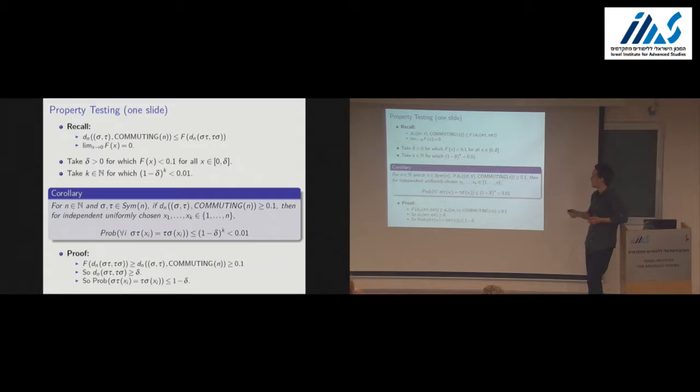Let's do this. So take some delta for which this function f is smaller than 0.1 in this interval 0 to delta, and take some k such that (1 minus delta) to the k is very small. Now what I say is that if I have two permutations and they are far from the space of commuting permutations, 0.1 far,